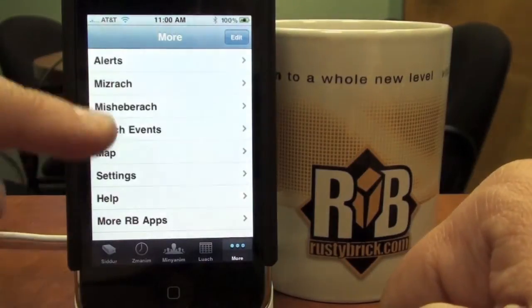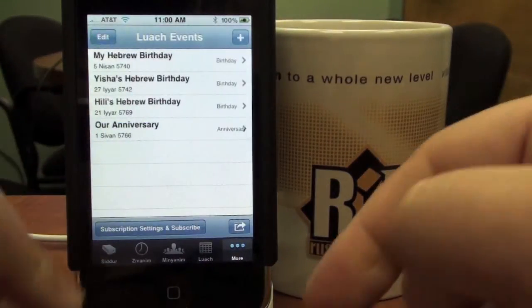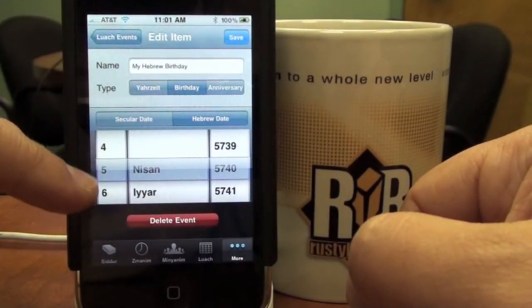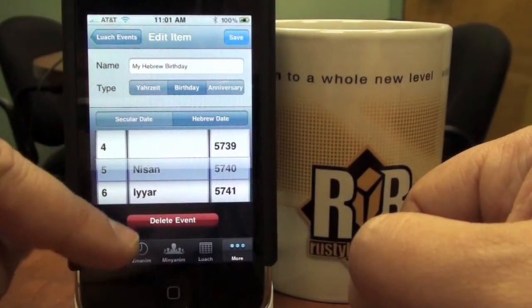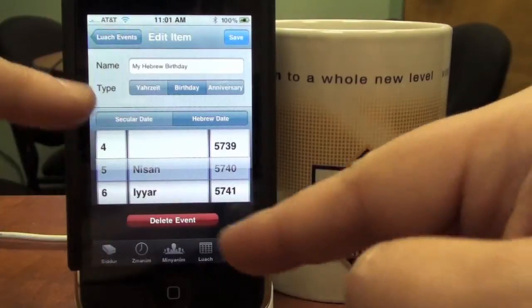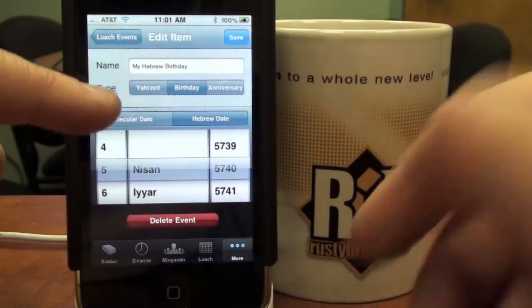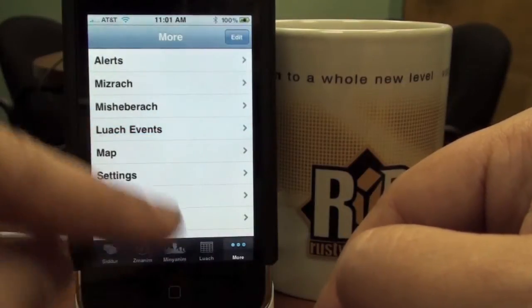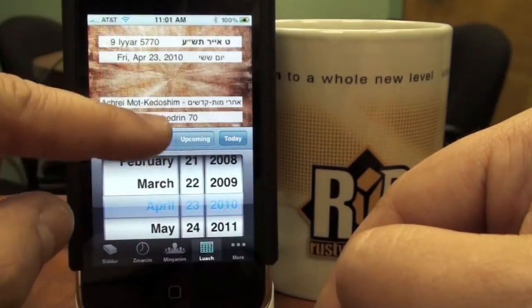If you click on More, and then you click on Luach Events, it allows you to insert your own events, such as my birthday. My Hebrew birthday is on 5 Nisan. I insert that based on that, or I can insert it via the secular day if I wanted to. And then automatically, if I go back to the Luach, and I go to 5 Nisan,